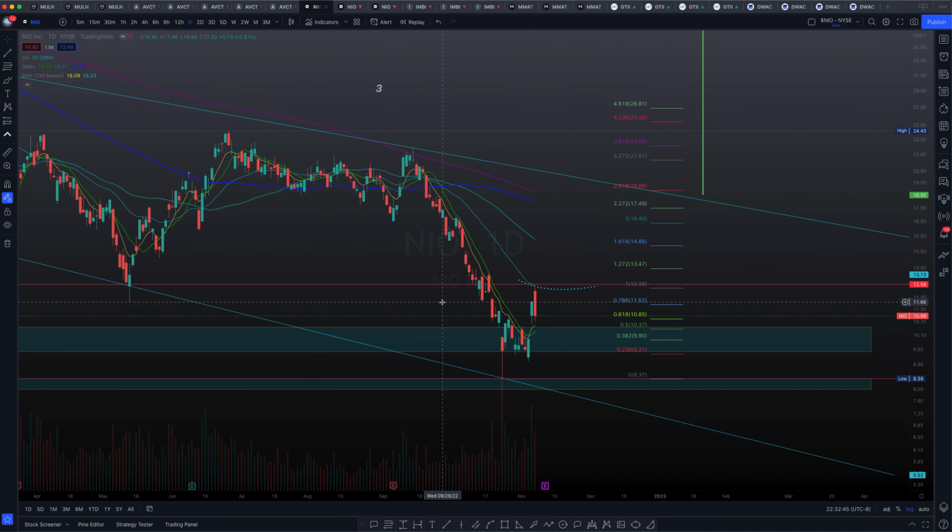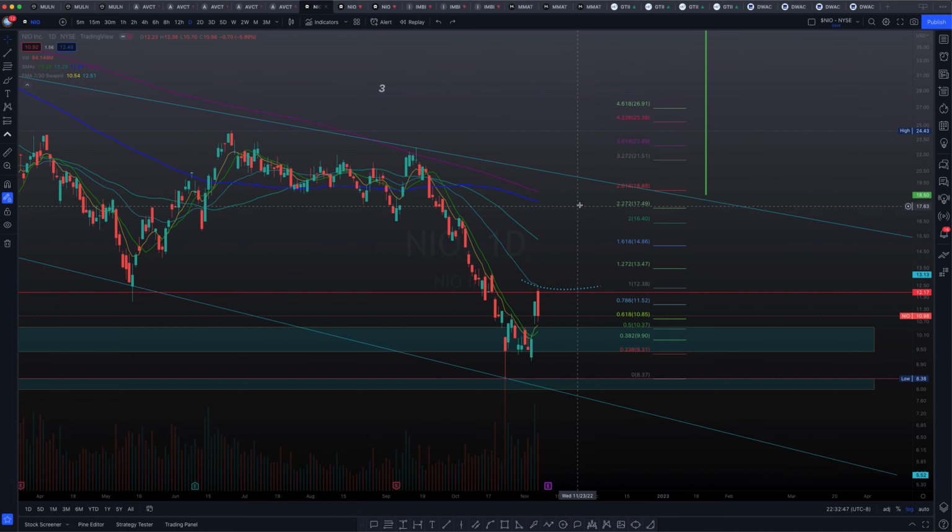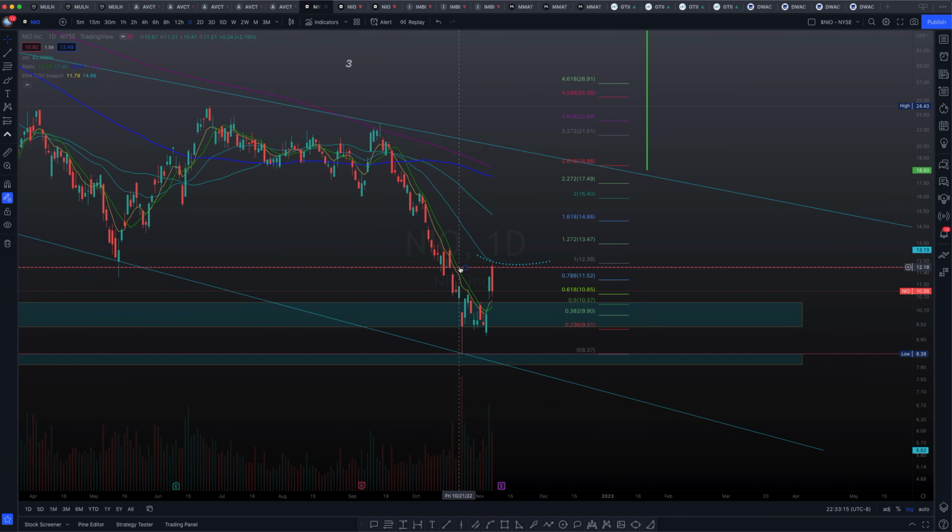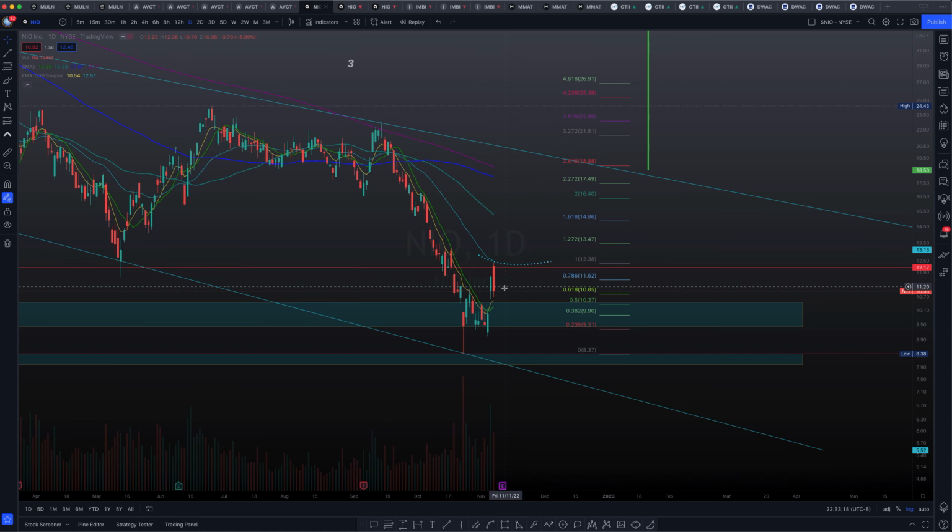So today, you guys, we actually faced rejection right at the spot that we were talking about in the last thread. As you can see over here, the 30-day exponential moving average. This is the implied direction that we were talking about in our last thread, and it has since started to follow that. We're on the daily chart right here. So we pushed up to this area that we said would likely be our resistance, and now we're pushing back down, and we have found support at the 618 at about